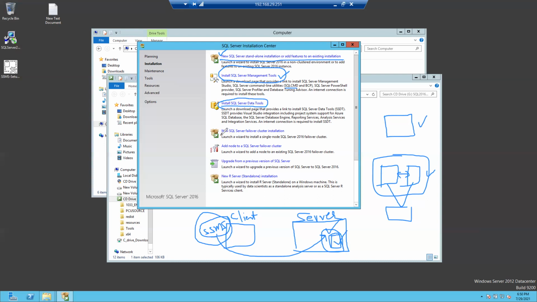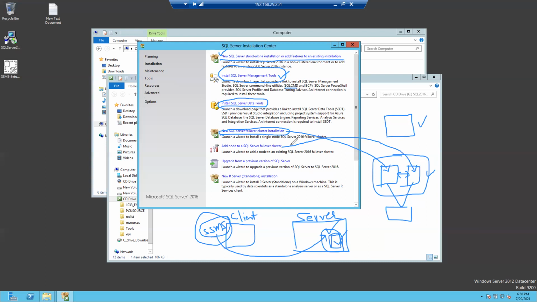And this is our new SQL Server failover cluster installation. If we are having two nodes, on the first node we will be installing this one, and on the second node you need to add a node to the cluster.